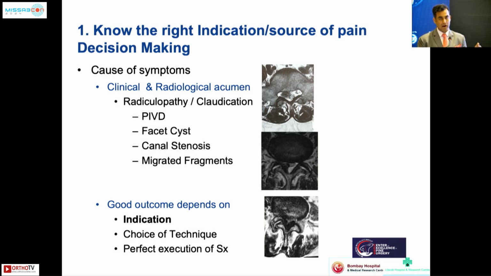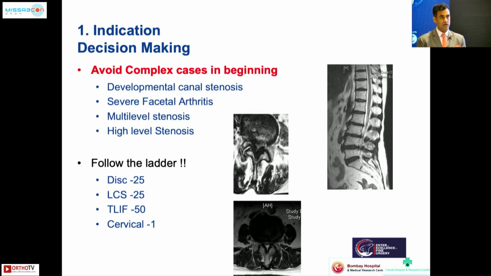It can be a simple radiculopathy because of varied pathologies. You have to find out the exact pathology and deal with it by a correct choice of technique. But the indication has to be correct. And these indications will continue evolving. You cannot be doing a high-grade spondylolisthesis like Dr. Arvind does in his practice, or a cervical like Dr. Rakesh Lohana mentioned, or adjacent segment in your first 100 cases.